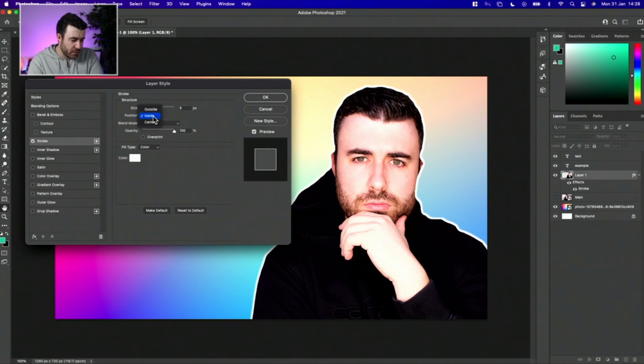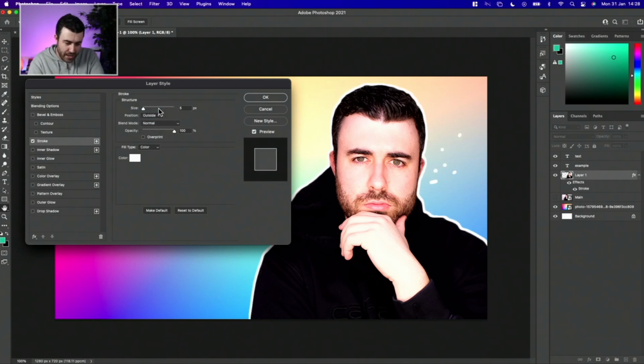What you can essentially do is change the positioning of the stroke. At the moment it's on the inside of me. So if we click the outside, it puts it on the outside there. I don't know why I've got this coming up there. It's because I masked my image a little bit badly, but I'll show you how to get rid of that